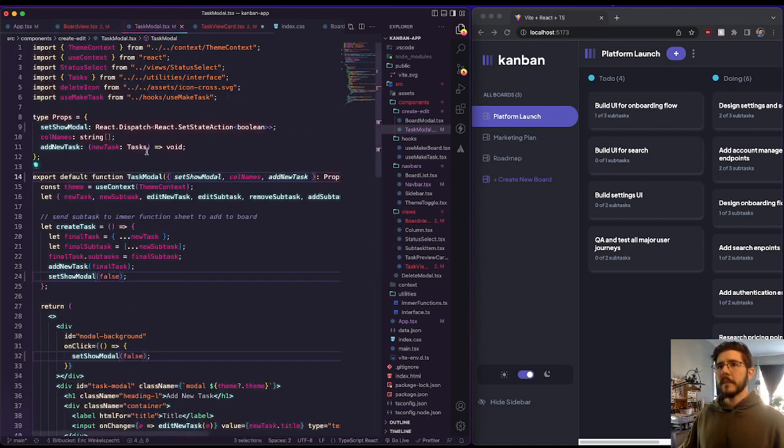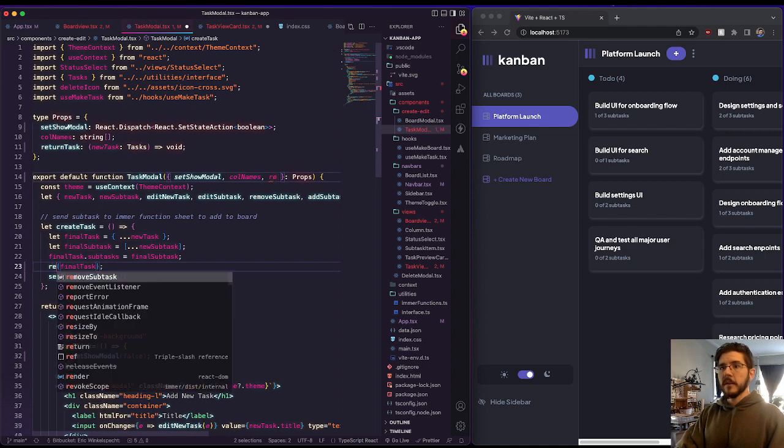So instead of this being add new task, we can call it return task, right? What this modal does is it handles the state of a task, whether that's making a task out of nothing or editing a task that exists, and then sends that task back to whatever called it so that it can be handled appropriately, right? So instead of add new task, we should call this return task, right? So the only other spot that we'll switch it up there, return task,